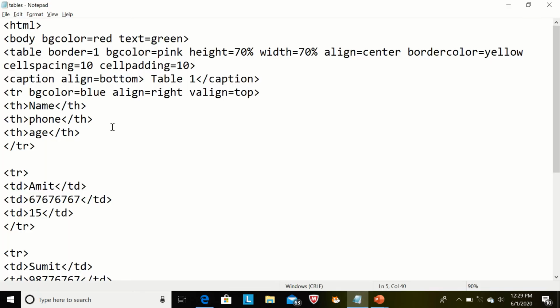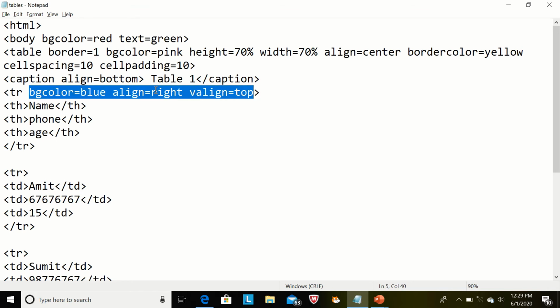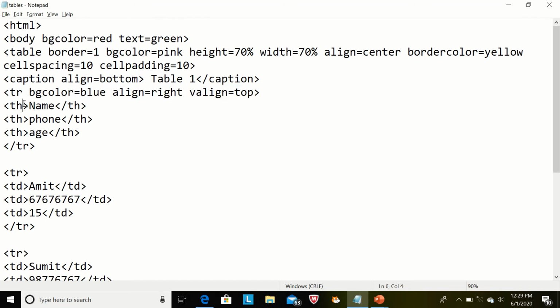We can use the same attributes with the TD and TH also. Control C, and now we are using with the TH. Control V. Here we are giving green, align is equal to center, and V align is equal to middle.